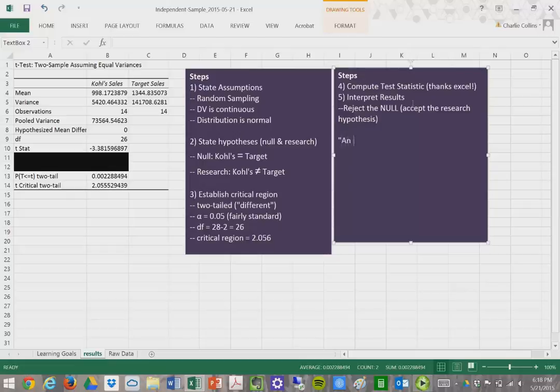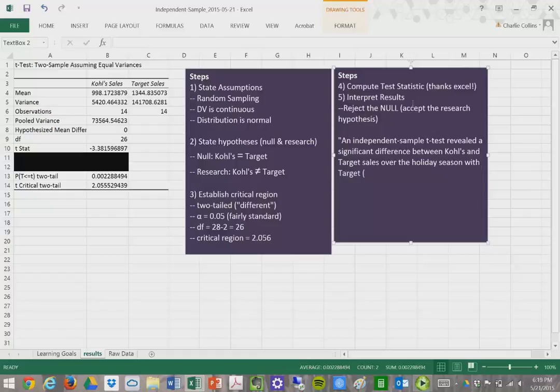An independent sample t-test revealed a significant difference between Kohl's and Target over the holiday season, with Target